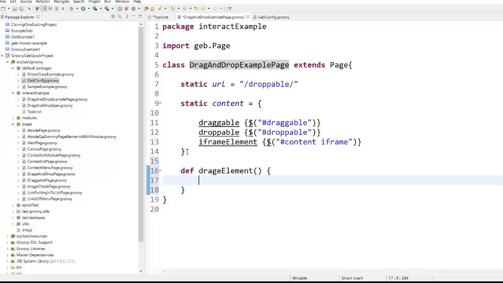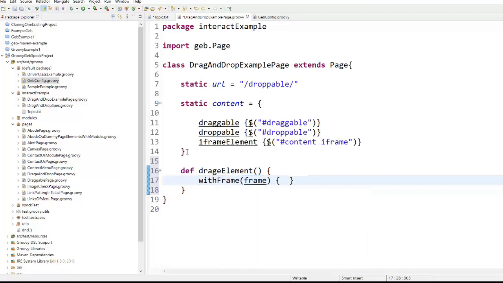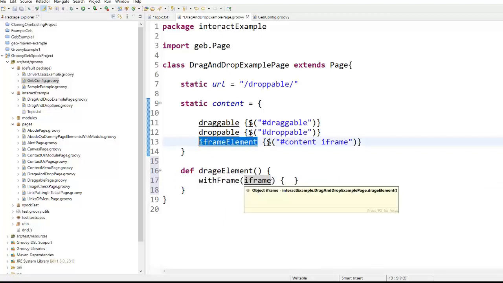For that we need to write with frame. This is going to take one navigator, and that navigator will be the iframe navigator itself. So iframe, let me copy it from here and paste it here.